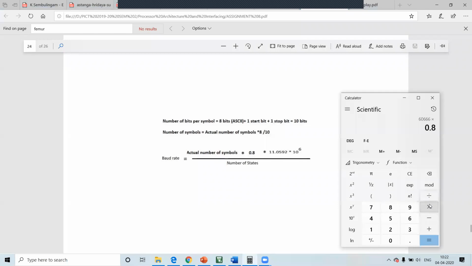Into 0.8 into 11.0592 into 10 raised to 6 divided by the number of states.